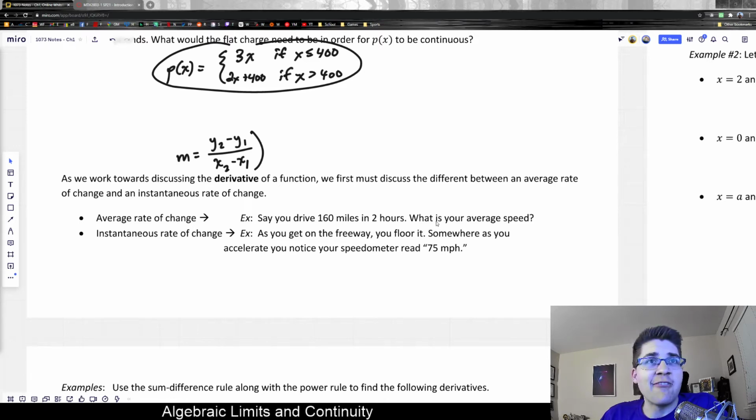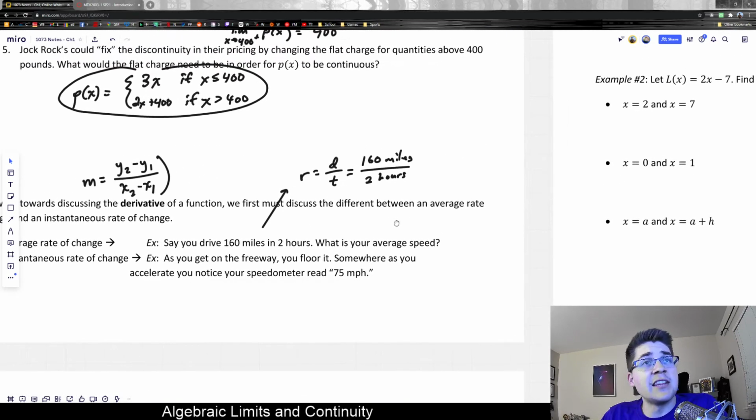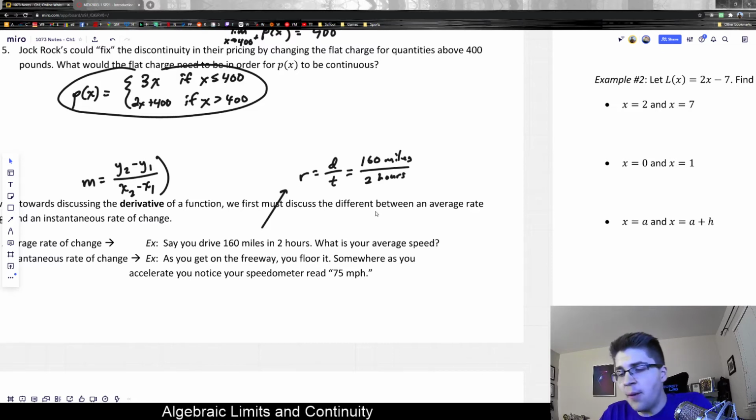The question is, well, what is your average speed? What is the average rate of change that you've been moving at over that period of time? Well, you probably remember the formula: distance is equal to rate times time, or rate of speed is equal to distance divided by time. So, R is equal to D divided by T. Or if we just take a ratio, we drove 160 miles, and it took us 2 hours to do that. If we simply divide those, 160 divided by 2, it tells me, well, how many miles did I drive in